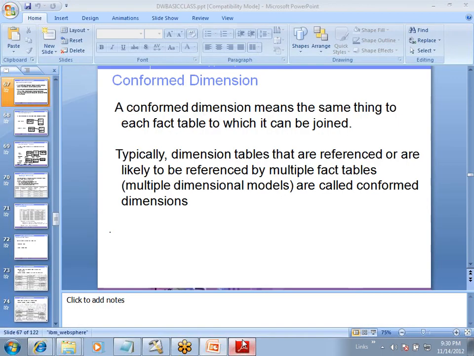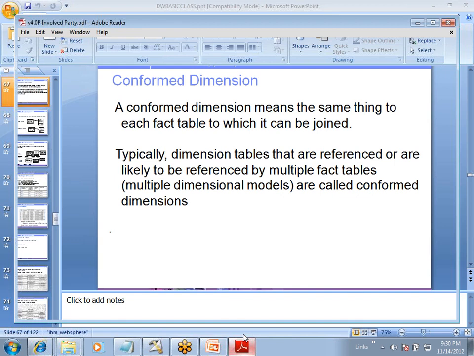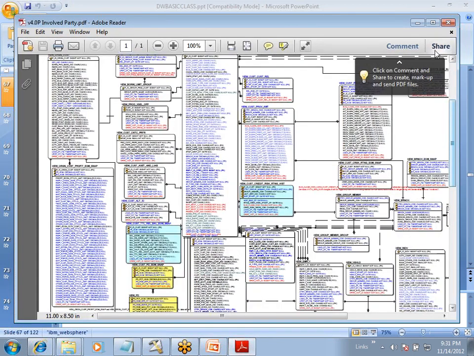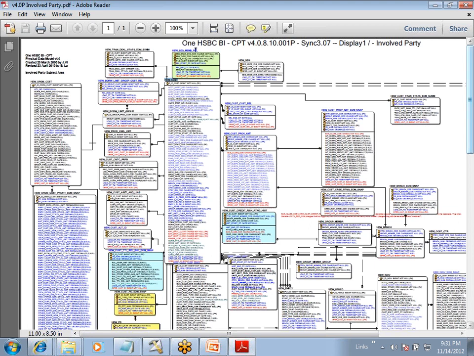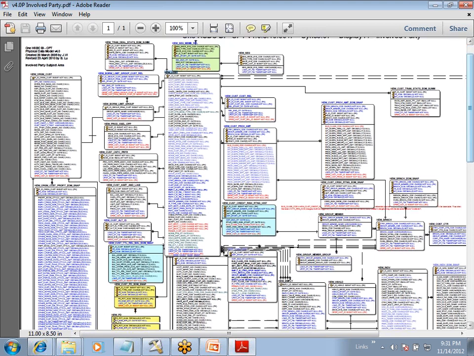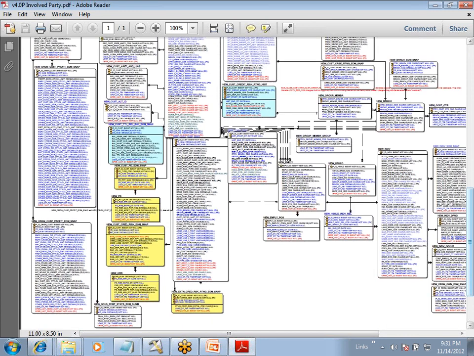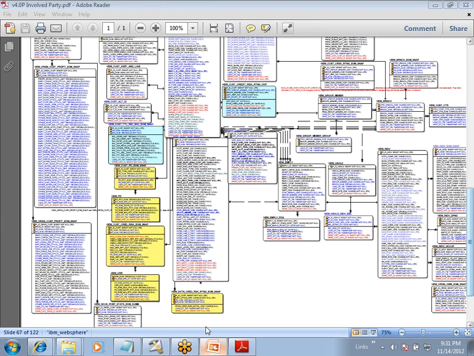Whatever examples we can see here are all dimension tables, meaning the final schema after implementing the physical data model. In this final schema, if you observe one particular dimension table, it has multiple relationships to multiple other things also. Such dimension tables are conformed. We will see, when we discuss the project information in the last classes, how to use these conformed dimension tables and how to create them using our DataStage jobs. Right now, we are discussing only a few basic definitions before jumping into the actual tool. That's about the conformed dimension table.